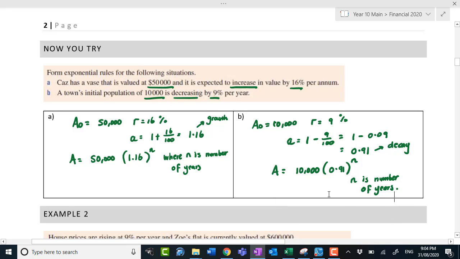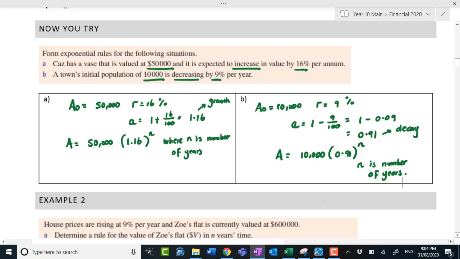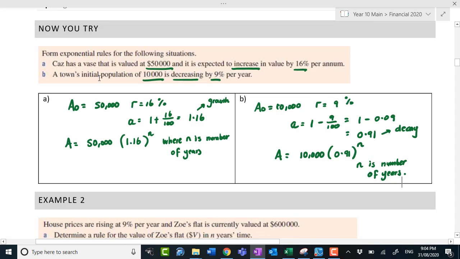Okay, so you can see that when doing these, I've just done some underlines. So what we're going to need is the initial amount, or initial population, in the second one. We're also going to need to know if it's increasing or decreasing, so we can work out the growth or the decay rate. And we've also got this rate. And generally speaking, you're looking at a percentage,